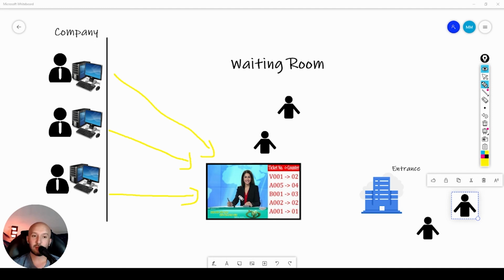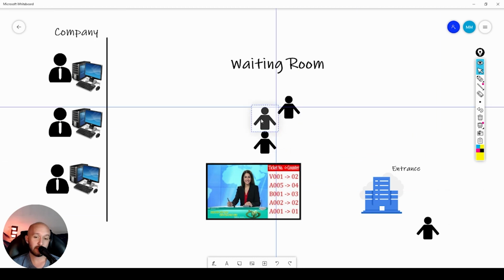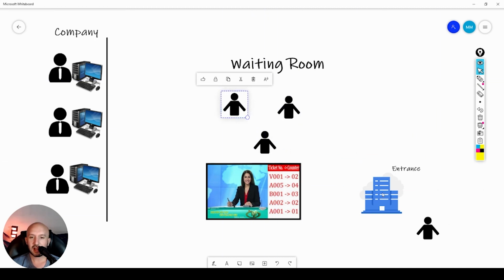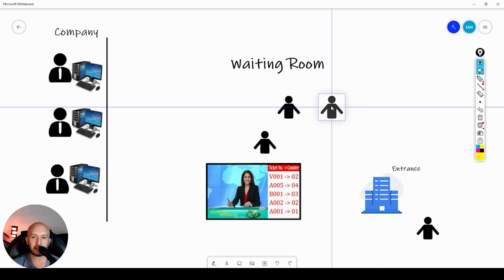But there is at least one more edge case that we have to think about, and that I realized when I was designing this a little bit more roughly on paper and putting some drawings together. What happens when you start thinking of this? You go to the bank and you get a number and you see that there are like 15 people in the queue, and you say, oh no, I'm not going to wait an hour and a half in here. I will just go back to the supermarket, get some groceries, and then I will come back to wait for my turn, right? So you go in, you get your number, and then you go out to do something else, and then you come back.